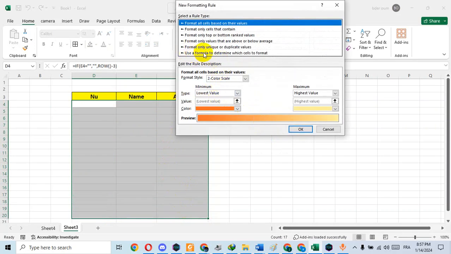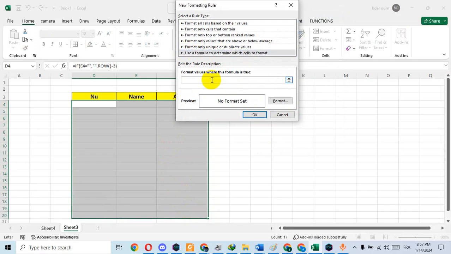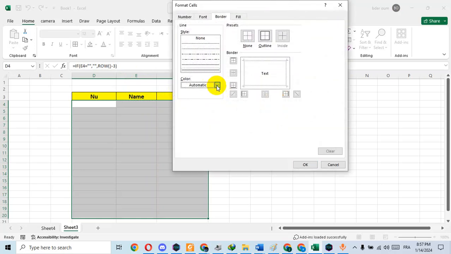then use formula, and here type equal E4, then delete the dollar symbol, then add this one and double quotation mark, go to format, choose which color you'd like, for example this one, then select outline. Okay,